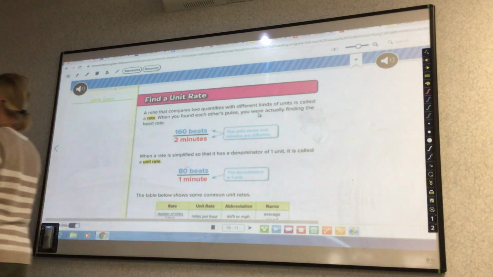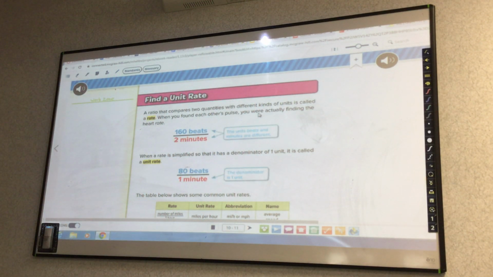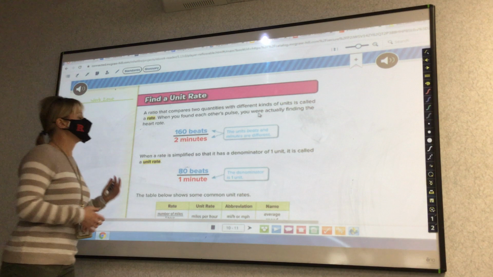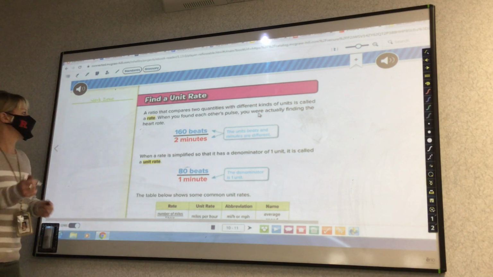Chapters, and now we're going to back up and come into unit rates. The reason why we're going to go into unit rates is because we had to know all these other things about fractions before we could get into this. In your book, I want you to put a box around